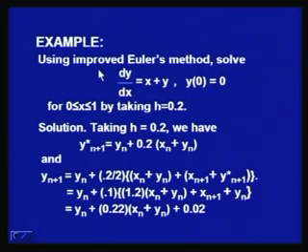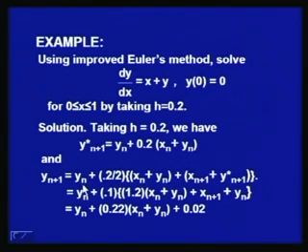Let us consider an example on this method. Using improved Euler's method, solve dy by dx equal to x plus y, y(0) equal to 0 for 0 less than or equal to x less than or equal to 1 by taking h equal to 0.2. Taking h equal to 0.2, we will have y_{n+1}* equal to y_n plus 0.2 (x_n plus y_n). Here f(x, y) is x plus y, so f(x_n, y_n) is x_n plus y_n,